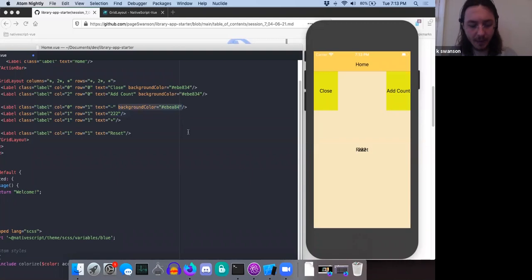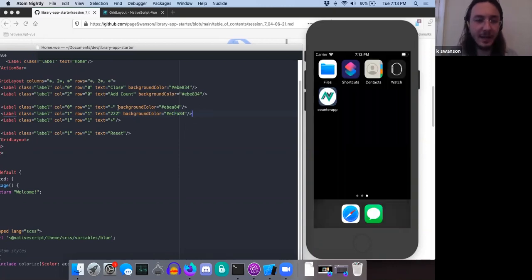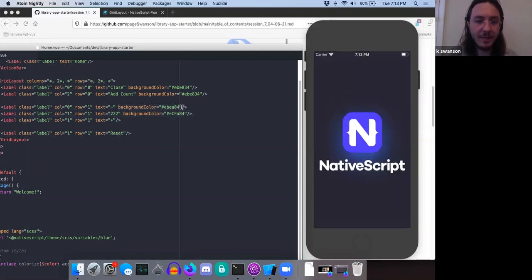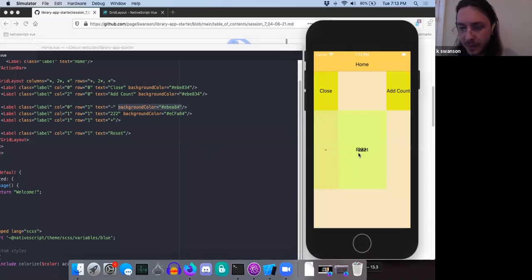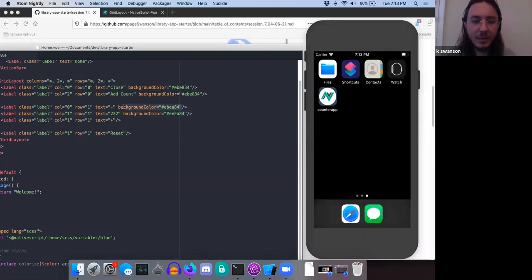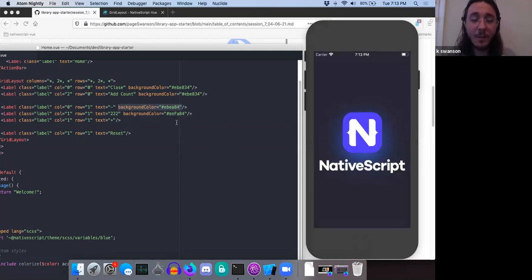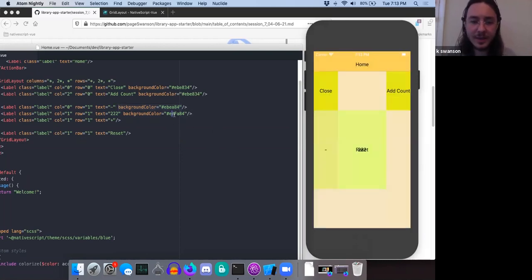And of course, we can add a background color. Maybe we'll add a unique one just to keep track of it. So I'll add an F here and maybe a C. Again, no idea what that's going to look like. Let's take a look while we work, just to see that we've not made any mistakes, but also just to check out our colors. Okay, so our colors, I don't like this middle one because it doesn't look super different to me. Let's add another E here and see what that looks like in the background. The way I know what letters to be using, oh, that still doesn't look good enough for me. Let's do